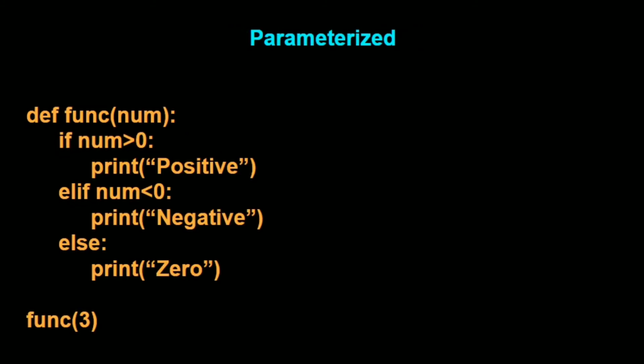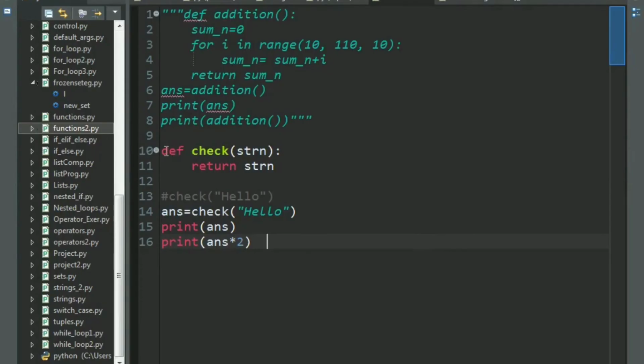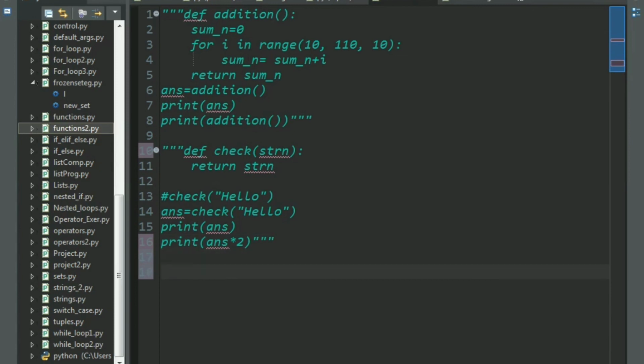So this is a simple example of what a parameterized function is. What I'm doing here is checking if a number is positive, negative or 0, and I am passing, you see there is something between the parentheses, that is we have a number here, that is I am passing the value. Now we shall see a quick example on parameterized functions. Before moving ahead, we can just have our basics corrected, and we'll get into complex examples pretty soon.